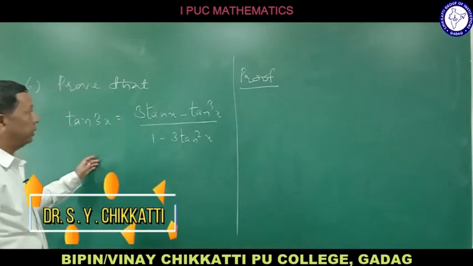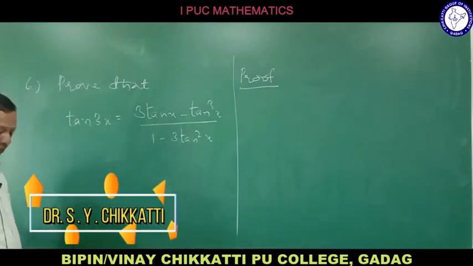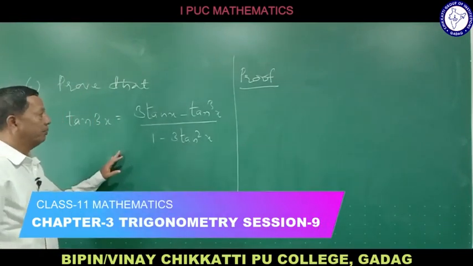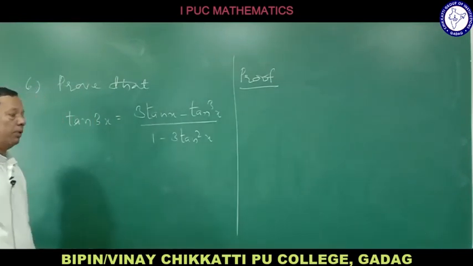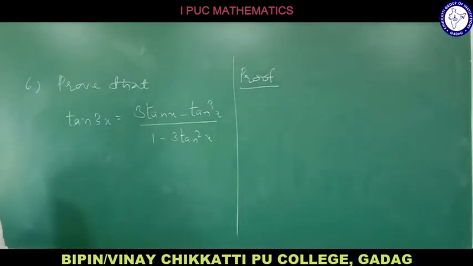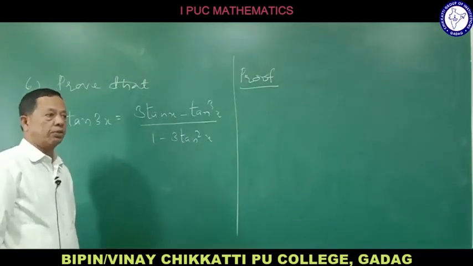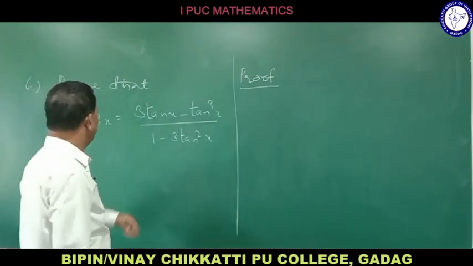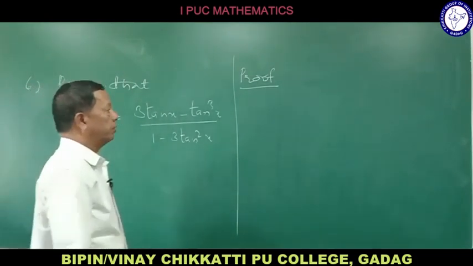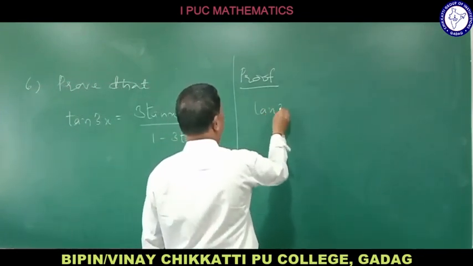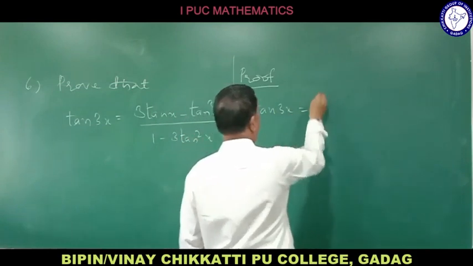Now I continue with the derivation of multiple angles like 3x. So far we have completed sin 2x, cos 2x, tan 2x, sin 3x, cos 3x. Now finally I want to see tan 3x, and here I write tan 3x may be written as tan